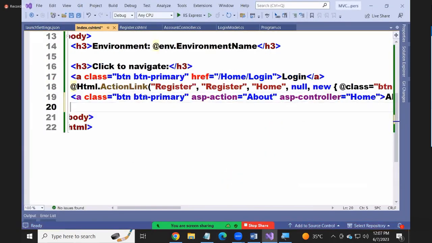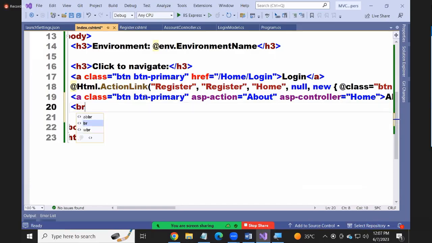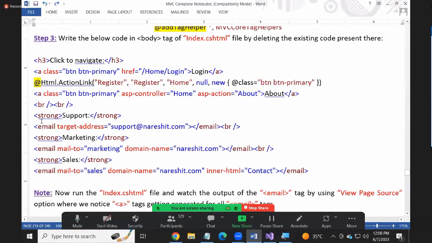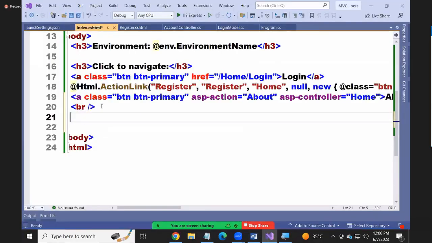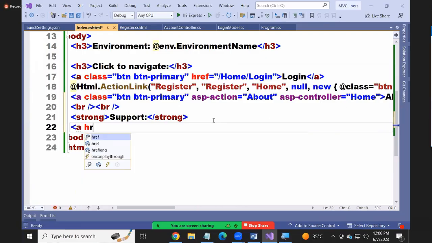Next, I want to add 3 more links here, guys. What 3 more links? Let's see, just a minute. I'm just using a bold tag, strong. And here I just wanted to give a link for sending an email. How do you give a link for sending an email? You know, just watch it. If you want a link for sending an email, how do you write it? Anchor tag, href equals